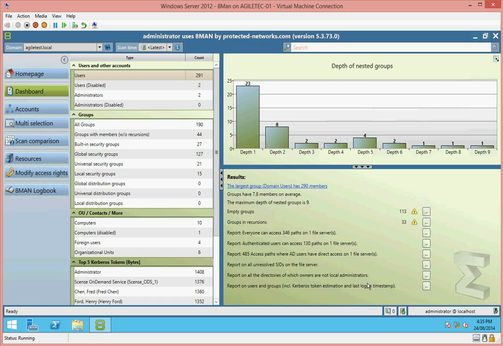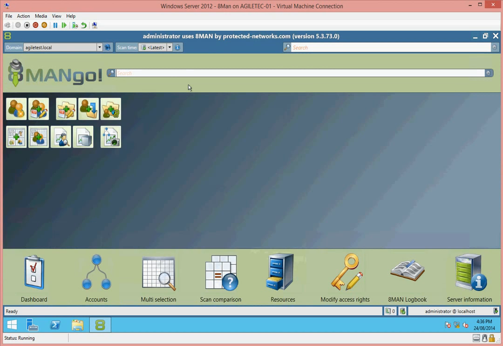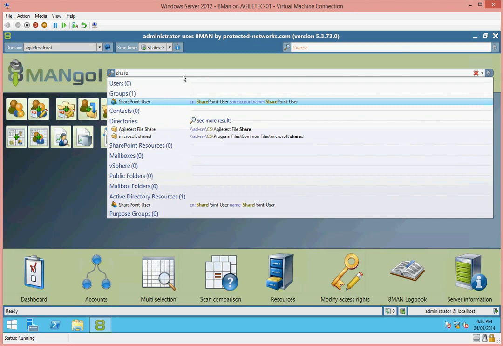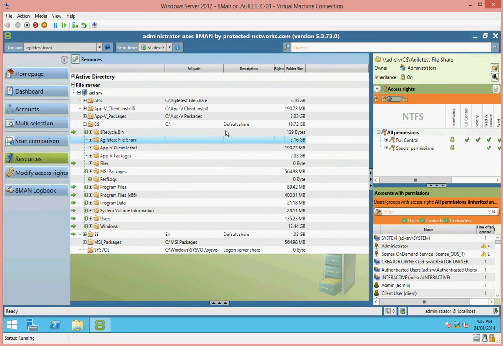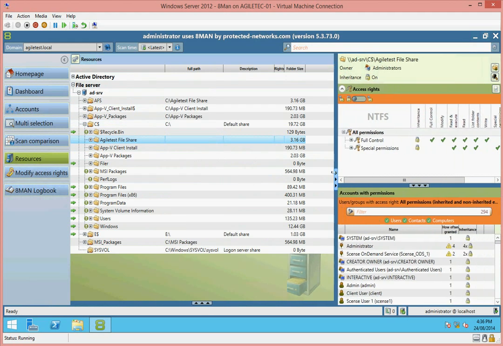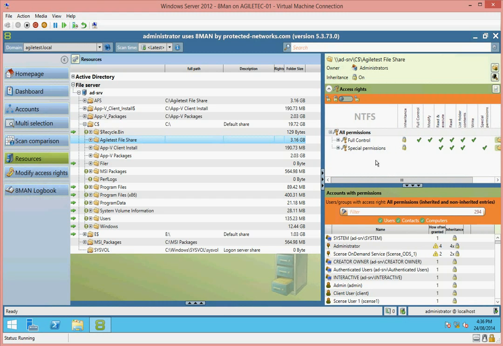So what we're going to do is we'll go back to the home page here, and it's easy to do a search for file rights from a folder perspective. I've got a share called share on this AD server, so we're just going to start typing that in, and you'll be able to see right here that gives you the full path. So we'll double click on that. Now here you've got your directory tree, so you can see where it's nested in the directory. We'll just make this a bit bigger here, and you can see who has full control just by